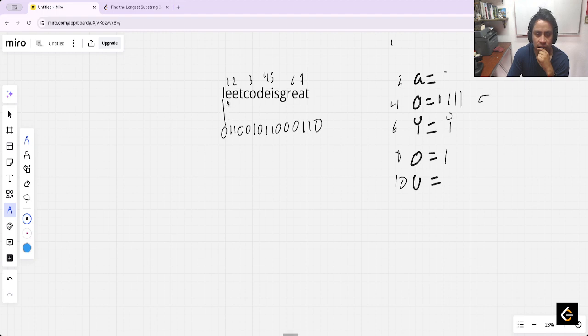This with this. When it's a consonant, it's a 0. S, G, and now if I handle the consonant as a 0 and the vowel letters as a 1,